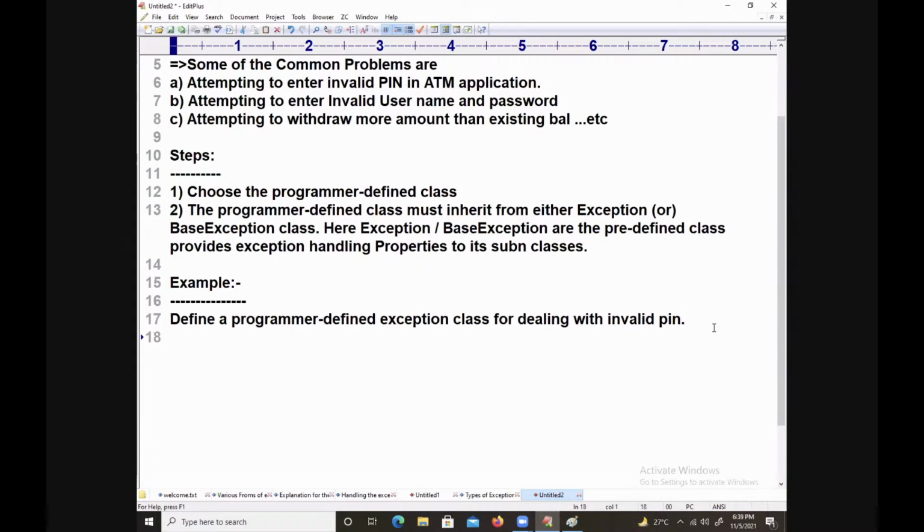How do you do that? Class pin error of exception. That's it. For a single line of code I am writing Python code. Even one line you can't believe it. This is simple one line Python code.